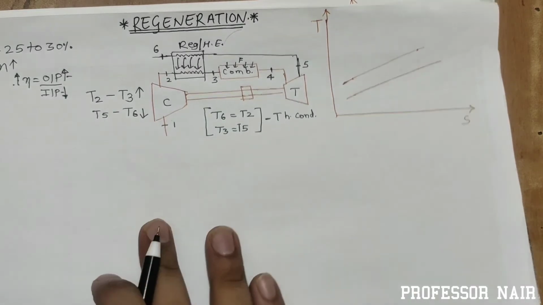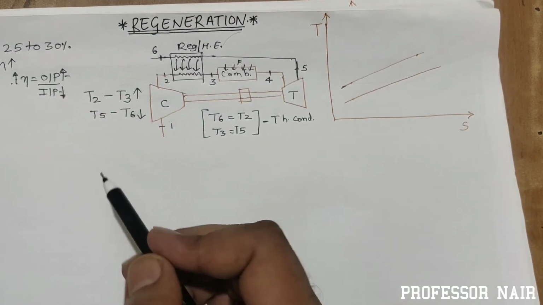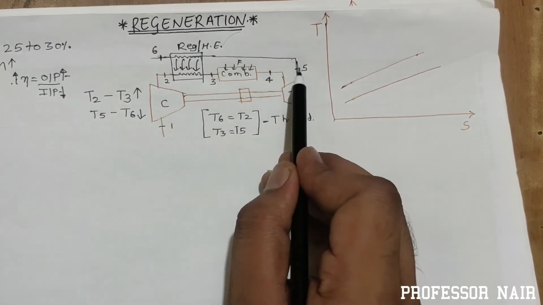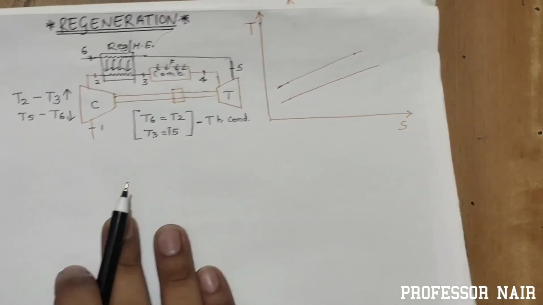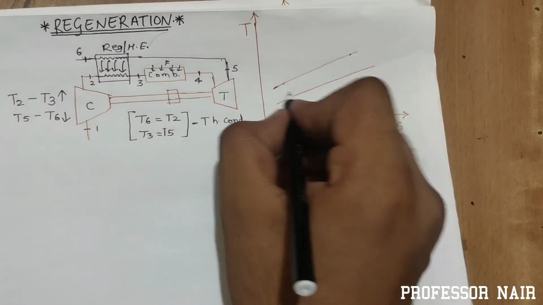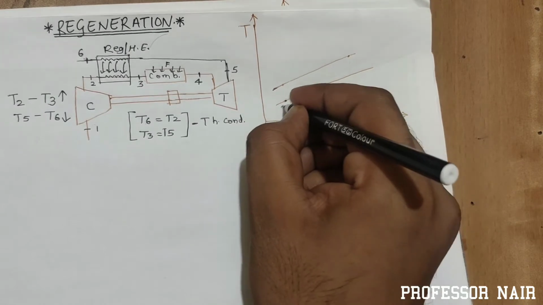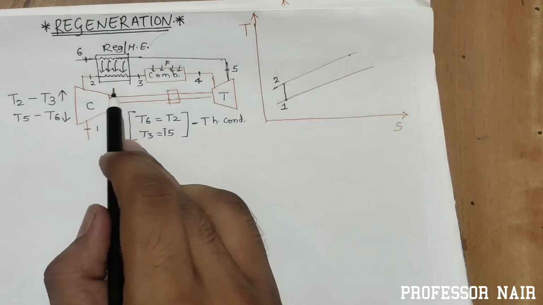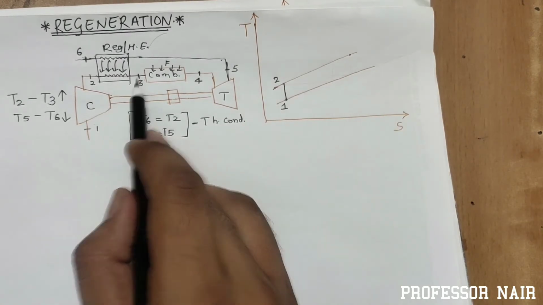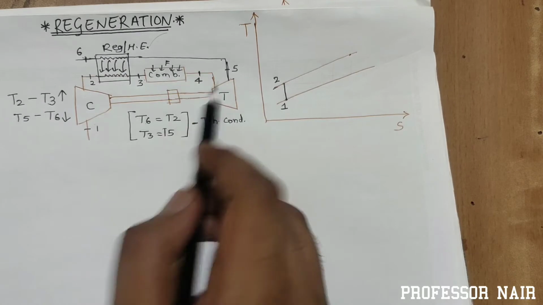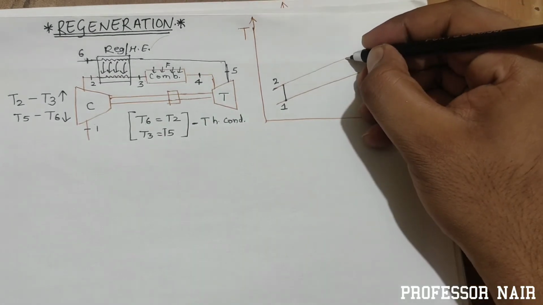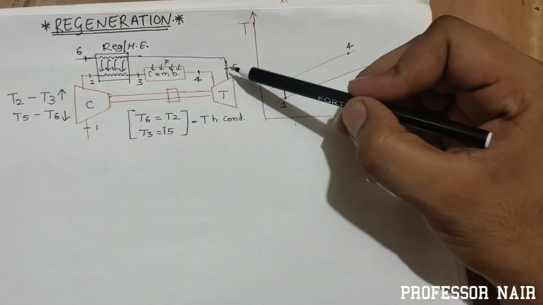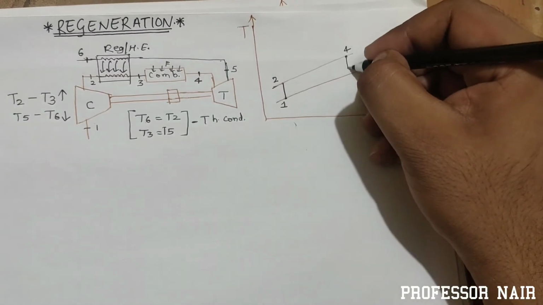So this is important to remember that for ideal regeneration, T6 should be equal to T2 or T3 should be equal to T5. Okay, so if I plot the diagram here, so point 1, it will increase. So this is your theoretical point. Point 2, so we will see this point 3 afterwards. So point 4 means it is at a higher temperature. So higher temperature I will plot here. So this is the 4th point. So after 4th, 5th, so 5th will be straight downwards.